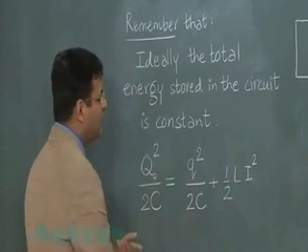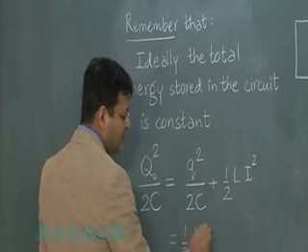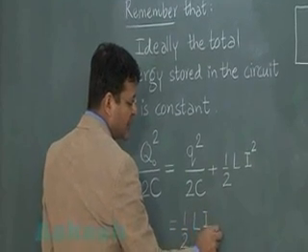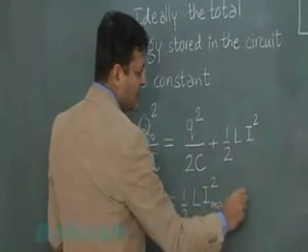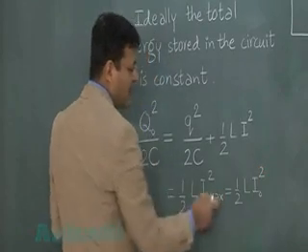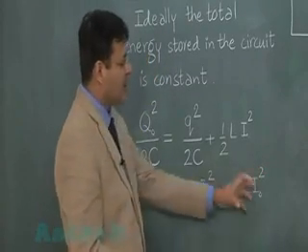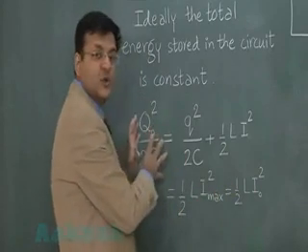And finally you will find that it will be converted into the maximum current flowing through the inductor, and that is half L I max squared, or you can say, if you had set it to be I naught, then it can be written as I naught squared. I max है, मतलब maximum amount of current. So you can say the energy stored in the capacitor